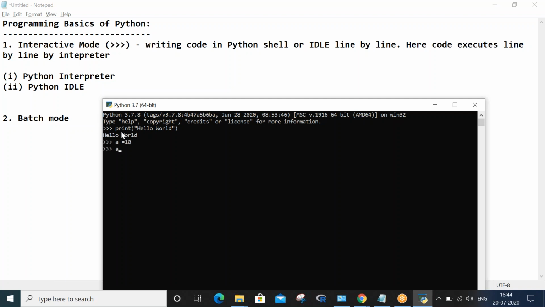When I give a, it gives the answer 10. When I write type of a, immediately it shows what type of variable a is, class int. When I give id of a, it immediately gives the address of variable a, where it is located in our system.